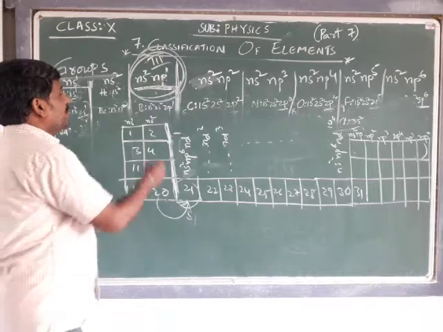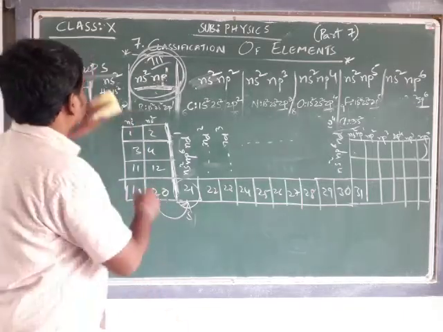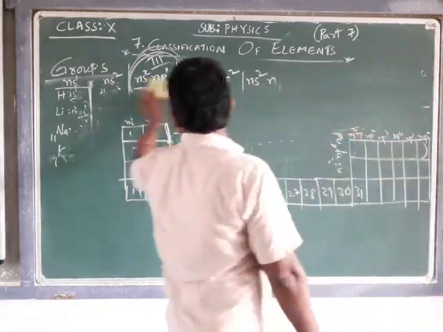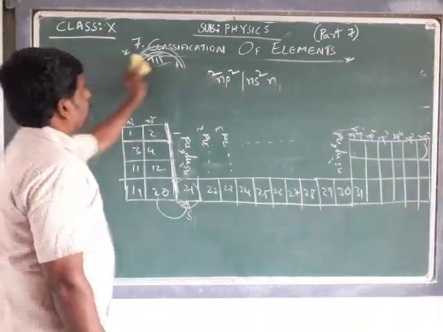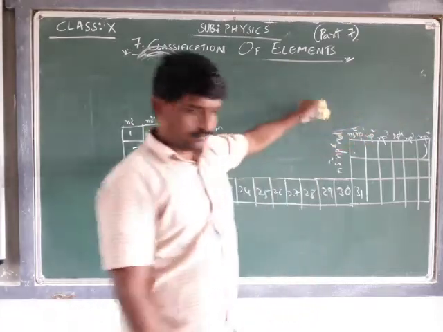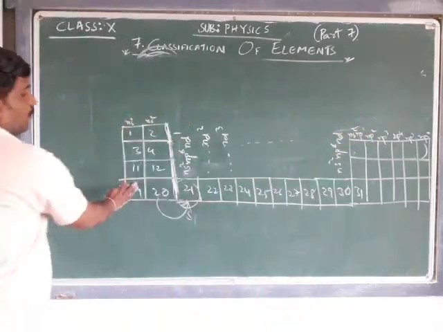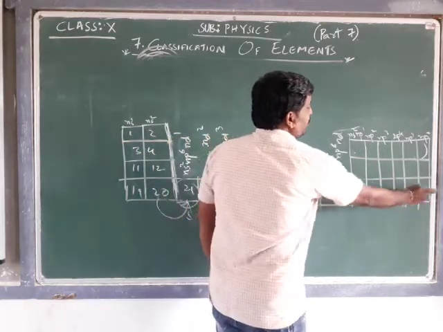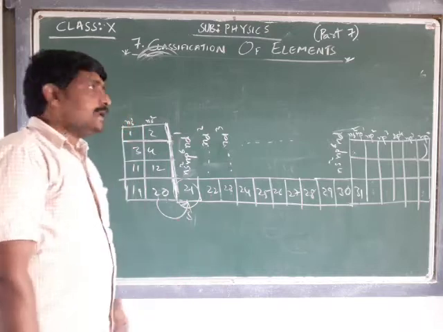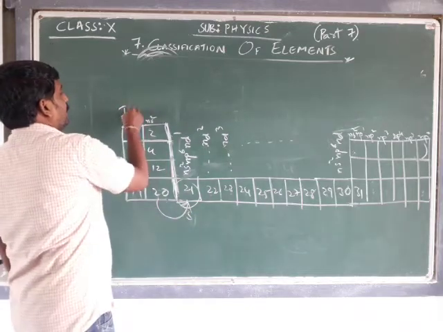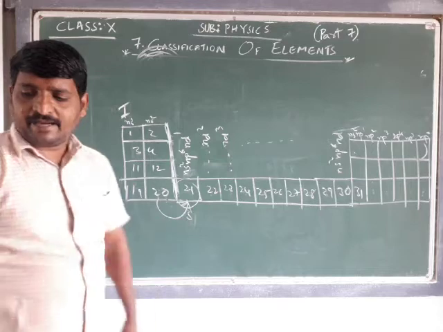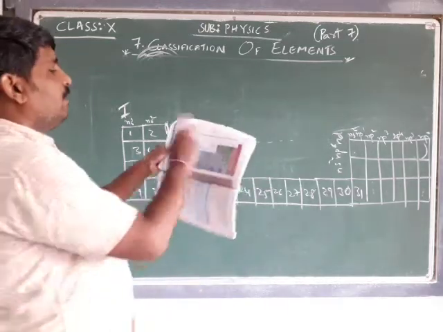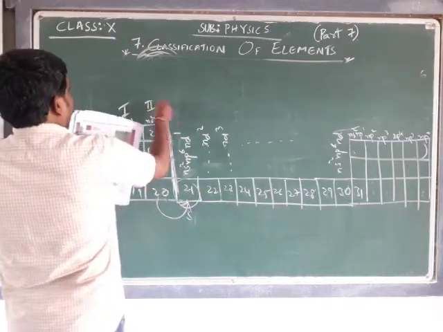So now how many groups are there here? Let's see if you count: 1, 2, 3, 4, 5, 6, 7, 8, 9, 10, 11, 12, 13, 14, 15, 16, 17, 18 groups are there. It is being given as one. Actually, in the initial stage, you go to page number 132 so that you can understand this. First group, this is second group.